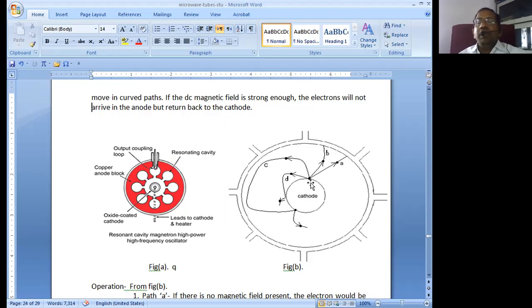Then next, if we increase the magnetic field which is applied perpendicular to the plane of this particular cathode rays, then the electron beam is going to experience some force. Because of this force, angular displacement is going to take place in the electron beam, and it is going to take a curvilinear path. It is also going to hit the anode, and this electron beam is also not going to return back.